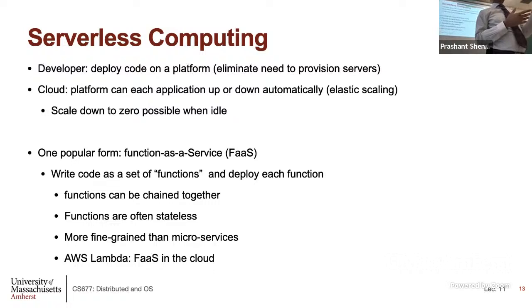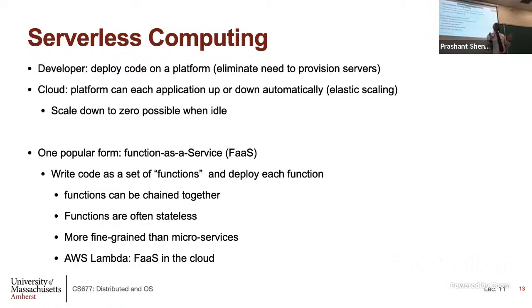Now, if you have heard of the microservices architecture, which we'll talk about soon, by the way, your lab 2 requires you to make a microservice. If you haven't read it, go read it. Microservice architecture says take a big application, make it into smaller components, run each component independently. So if you take the microservices architecture to the limit, you get function as a service, where each component is a very tiny piece of code. As the name suggests, it can be as simple as one function, but it doesn't have to be a single function. It can be more than a function.